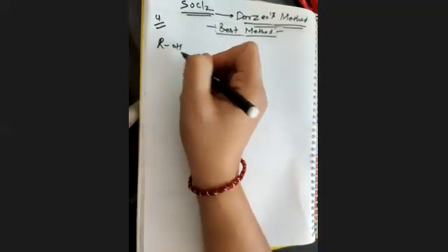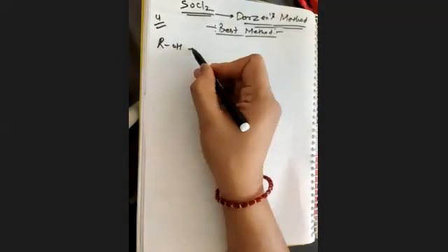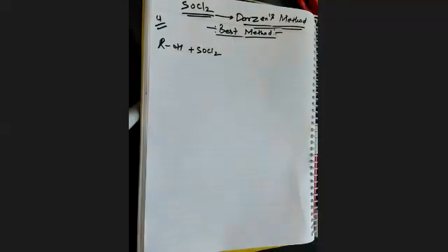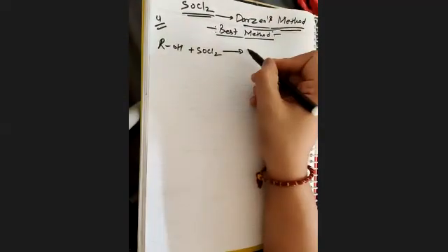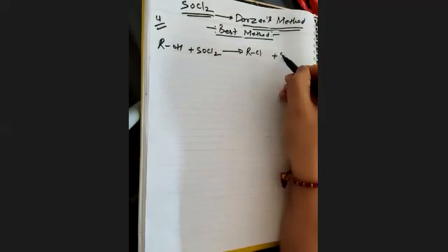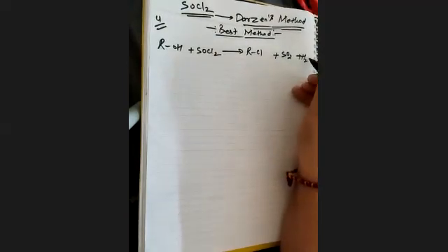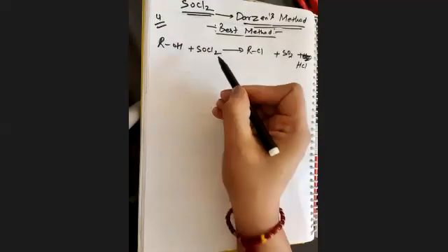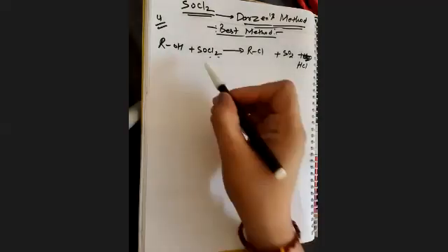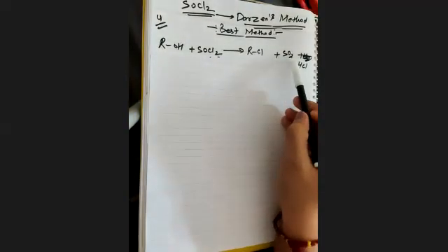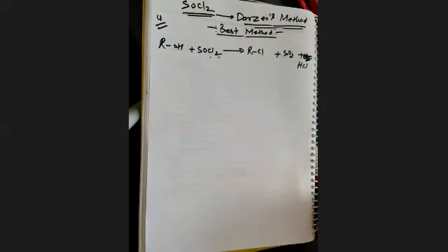Okay, so let me explain with the same example. ROH, same compound, but I have changed the reagent, and that is SOCl2. Now the product will be RCl plus SO2 plus HCl. Sorry, not H2O, it's HCl. I got confused in that. And chlorine is there, as you can count here. So ROH plus SOCl2 gives RCl plus SO2 and HCl.